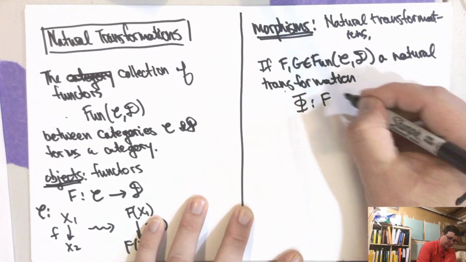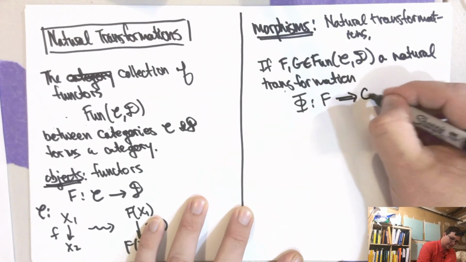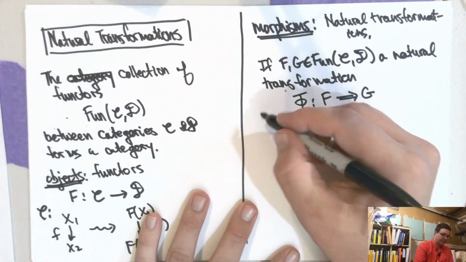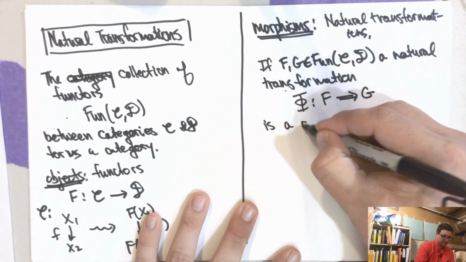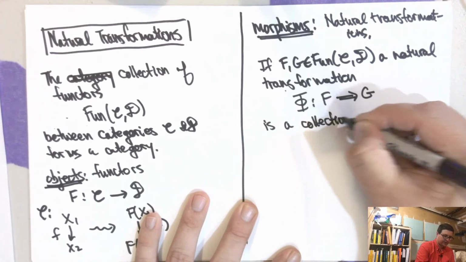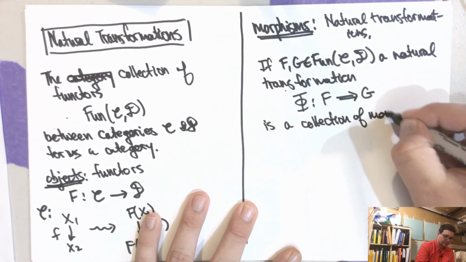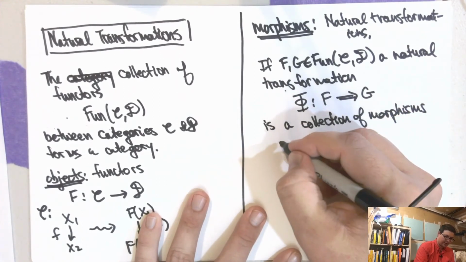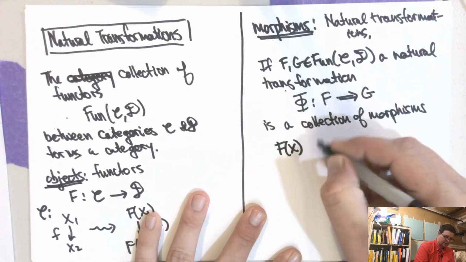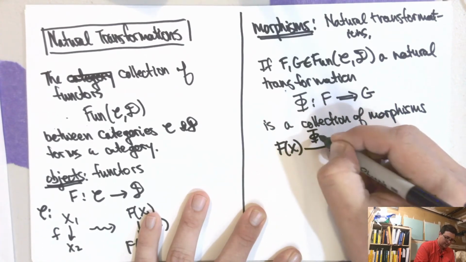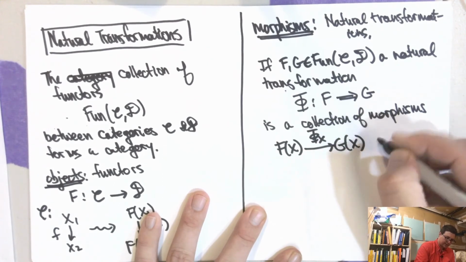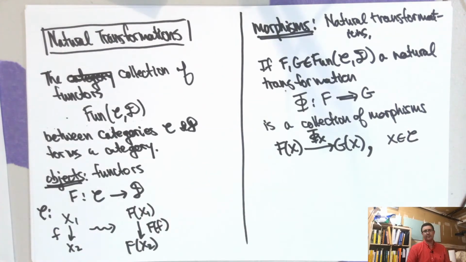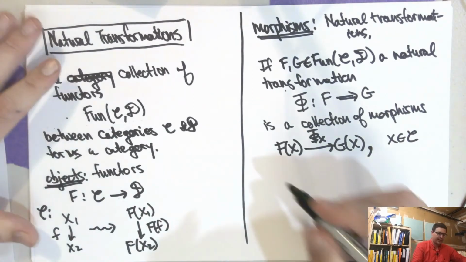Okay, and now I'm going to do the cool symbol. It looks like the implication symbol. So the natural transformation is a collection of morphisms. We have f of x, and we'll call it phi of x, to g of x, where x ranges over all the objects of the category C, such that